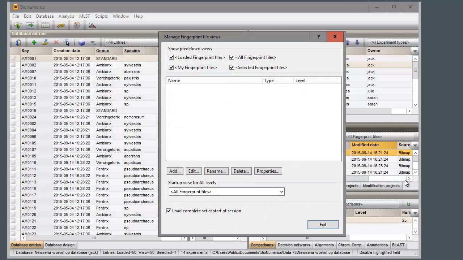The option Load Complete Set at start of a session can be very useful in case of large databases. When this option is unchecked, only those fingerprint items that are retrieved by the selected startup view are loaded into computer memory.